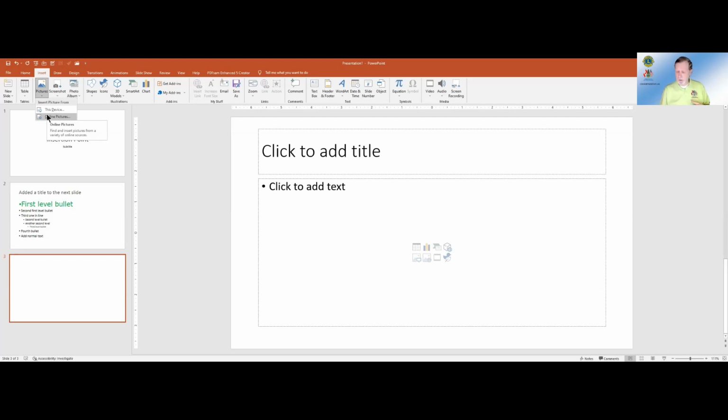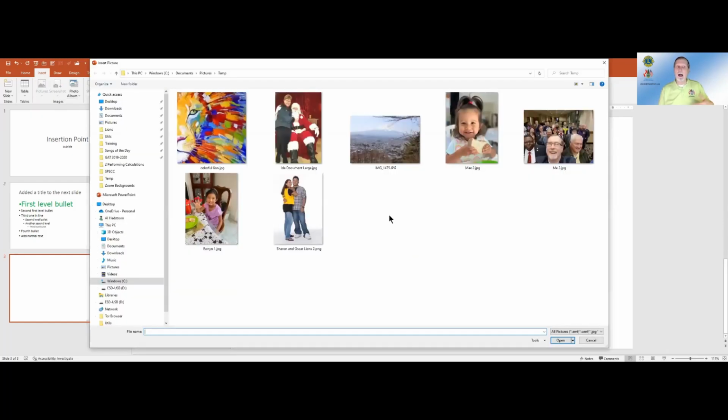I'm going to insert pictures that I have stored on my computer. I have a bunch of pictures that I put in this particular folder. And of course, the cute one here is my youngest granddaughter. And I'll be using that here in a second. But I first want to insert this picture here. I kind of like this picture. But this picture has a little bit of a drawback.